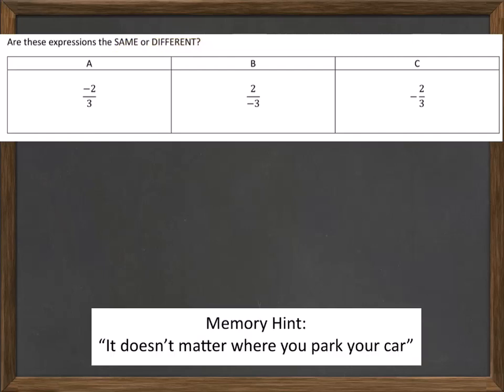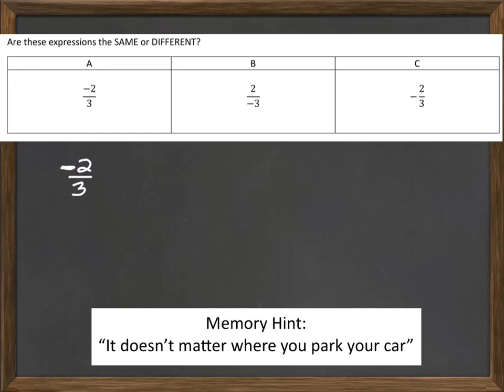So the answer is they are actually equivalent fractions. They mean the same thing. So a silly little metaphor that I use to help you remember is think about a car. I could park my car, let's say I have a split level home, where I can park in the front of my house and maybe there's a hill, right? My house is on a hill, or I could park,